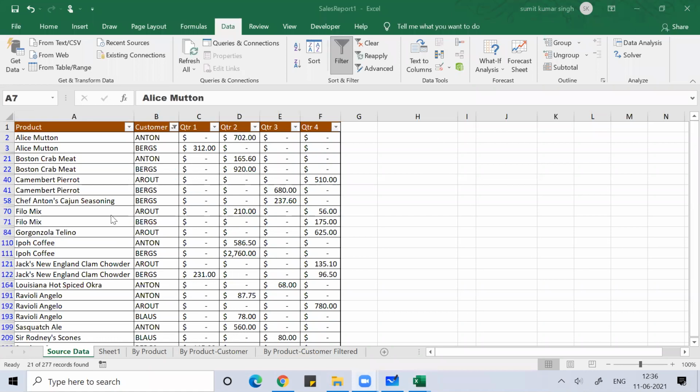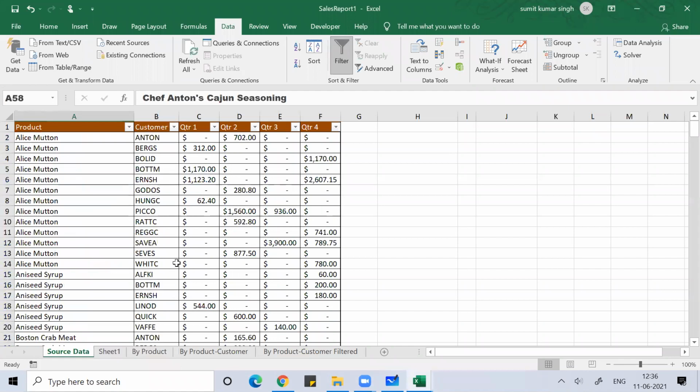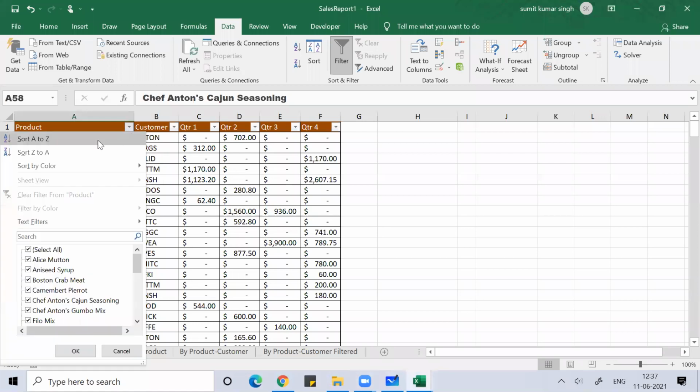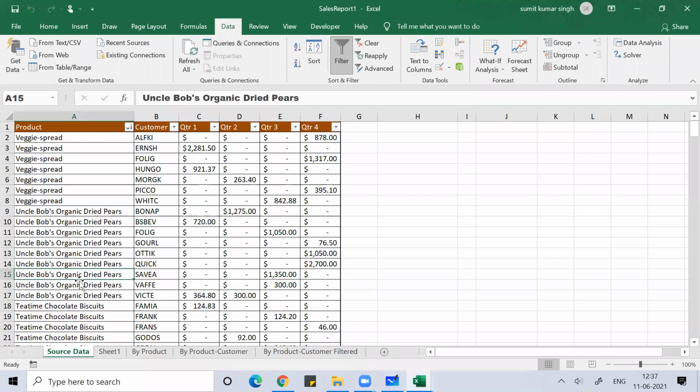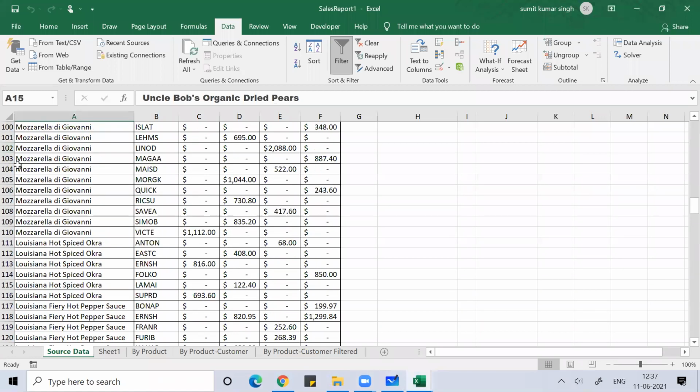So these things are very basic. You want, again, you just do select all. Now, if you do this select all, now everything came. Now you can arrange this in ascending order, sort A to Z, sort Z to A, all this you can do the way you want. I'll show you the importance of this in a much better way.